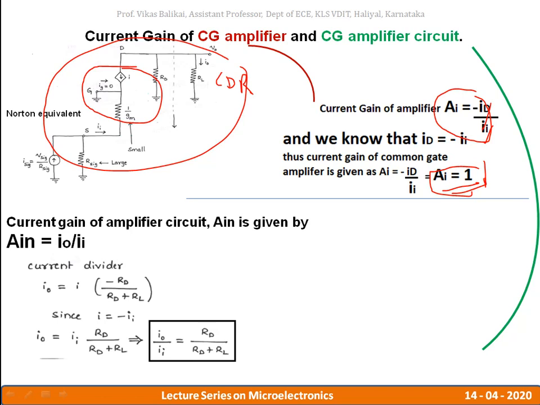It is exactly the opposite way. Whenever I am applying the voltage division formula, I will be using that resistance in the numerator where my voltage is going to be figured out. When I am going to use the current division formula, I am going to use that resistance in the numerator where right now I am not bothering about the current flow. So since I am dealing with the current, whatever that is flowing in the RL, I will not be considering this RL in the numerator, rather I will be considering the other resistance.